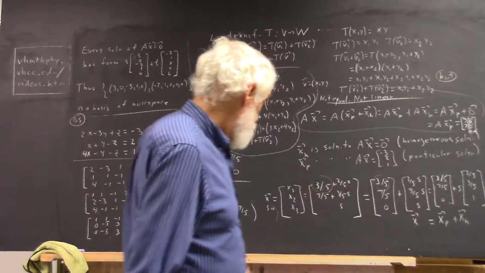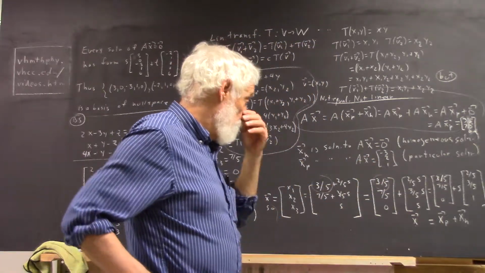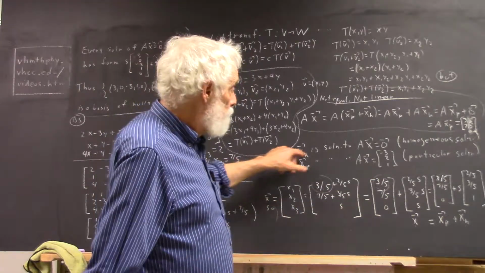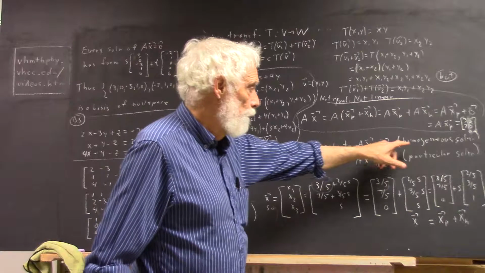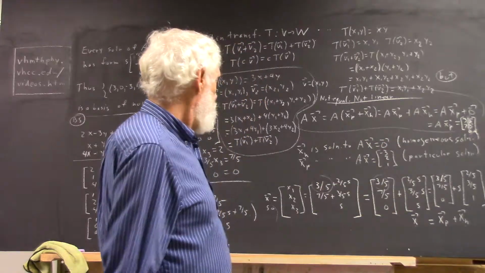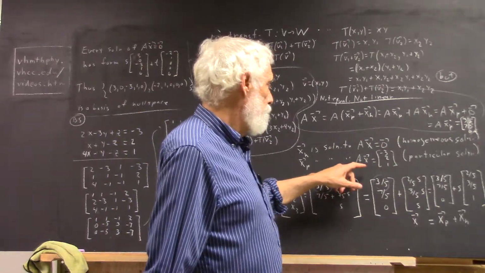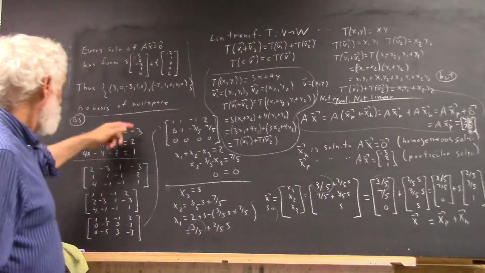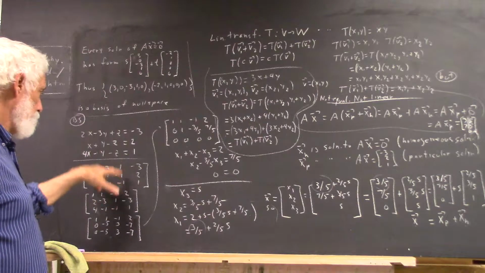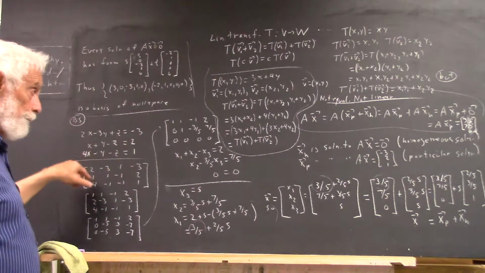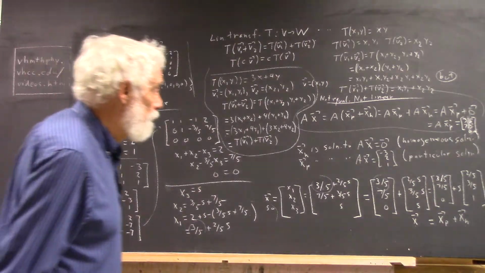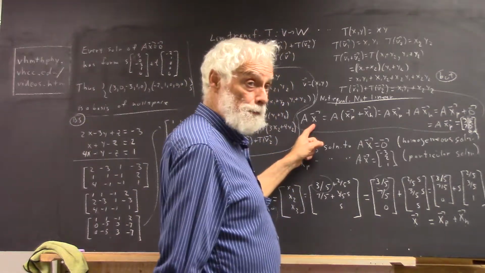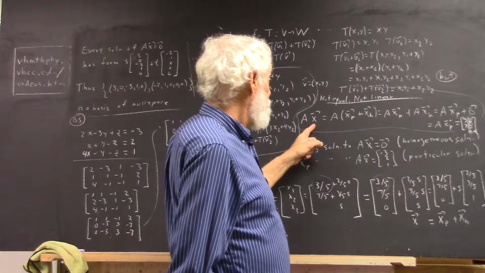Okay, so you need to sort that out. You need to think about it in a number of ways, but that's the whole idea. So again, xh is a solution to ax equals 0, the homogeneous solution. xp is a solution to ax equals -3, 2, 1. Well, here's your -3, 2, 1, and of course there's your A vector, or A matrix right here. Then again, we could say that ax, for any x,